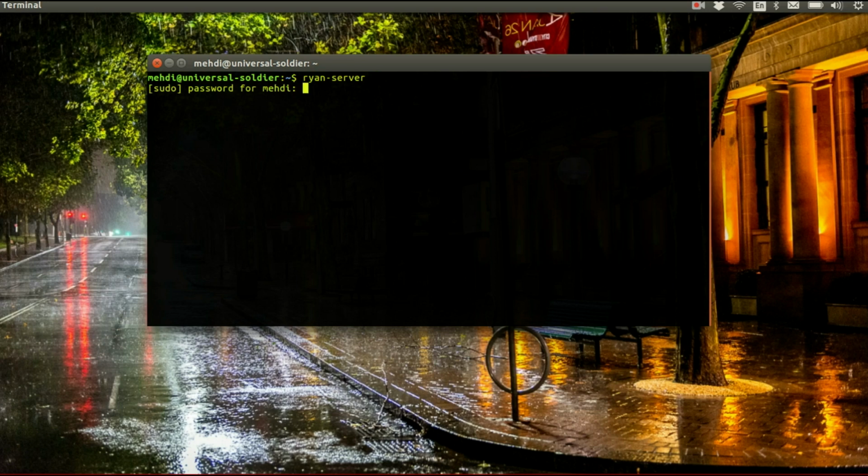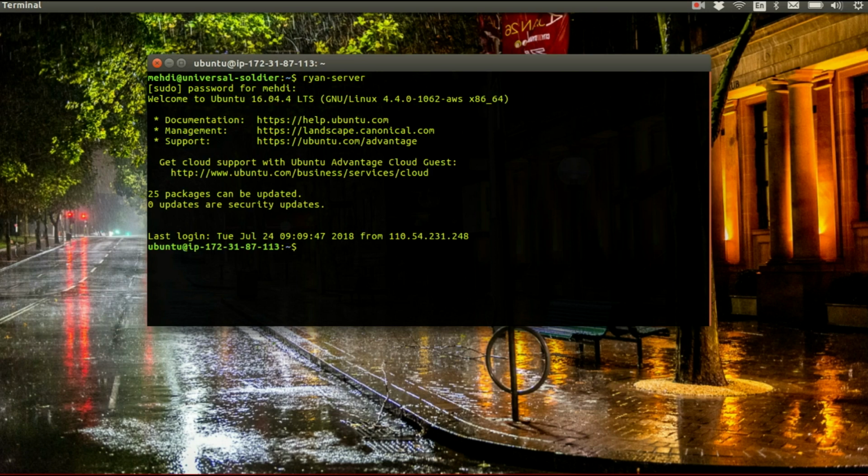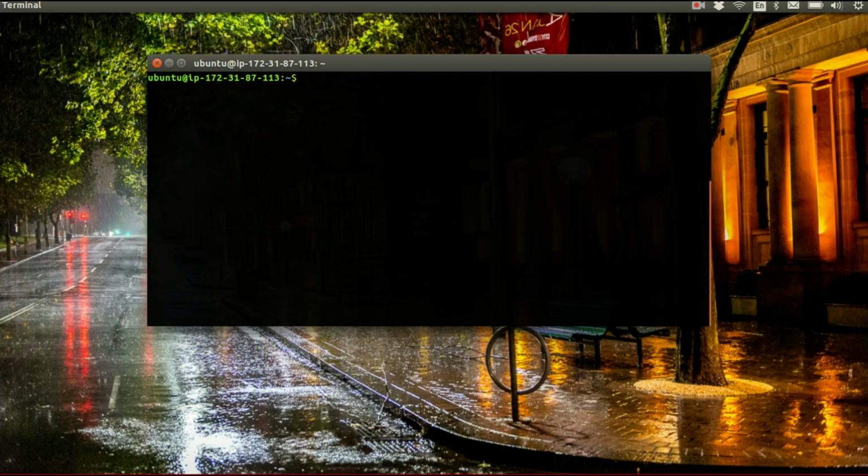and I provide my password. Okay, now we are inside our server. Just imagine that this is a fresh server and there is nothing inside it and you just want to configure it. For a start